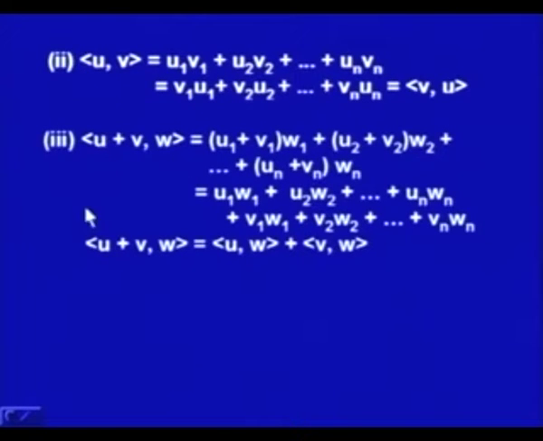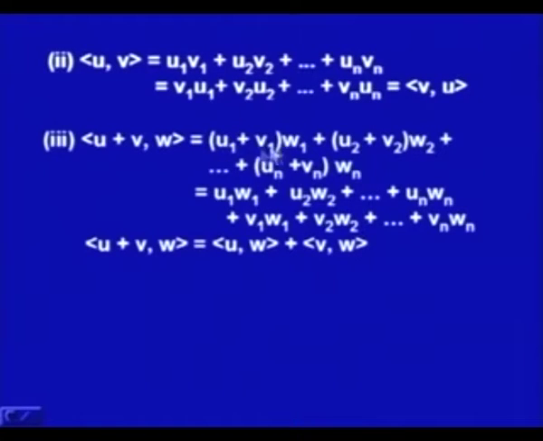Now, the third property: u plus v comma w. If we consider u plus v as u1 plus v1, u2 plus v2, ..., un plus vn, and w as w1, w2, ..., wn, then by applying the definition of inner product, it is u1 plus v1 multiplied by w1, plus u2 plus v2 multiplied by w2, and so on, and the last term will be un plus vn multiplied by